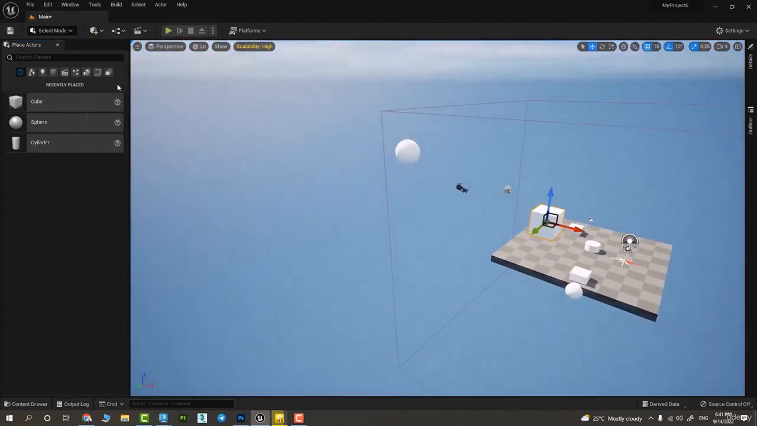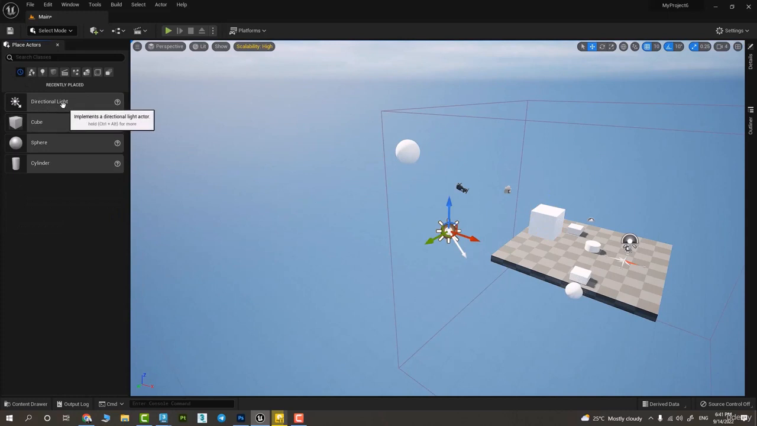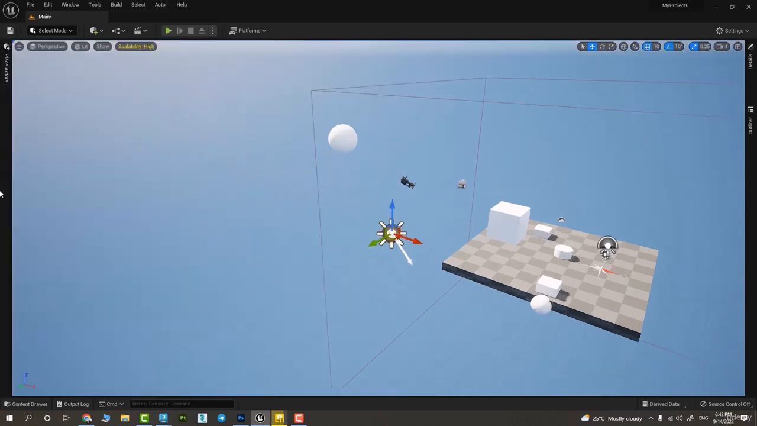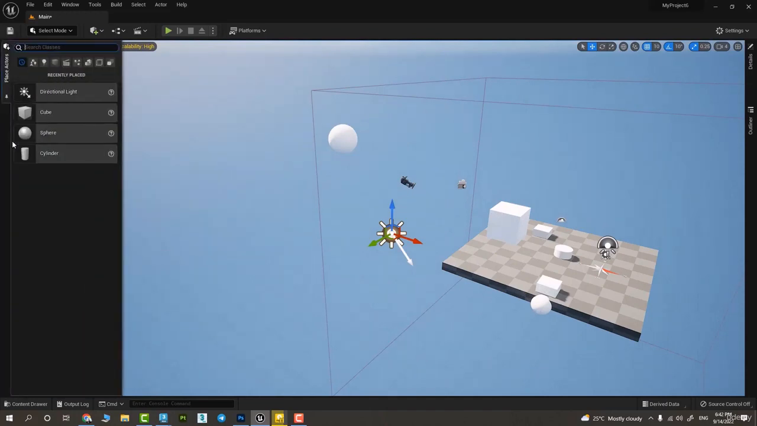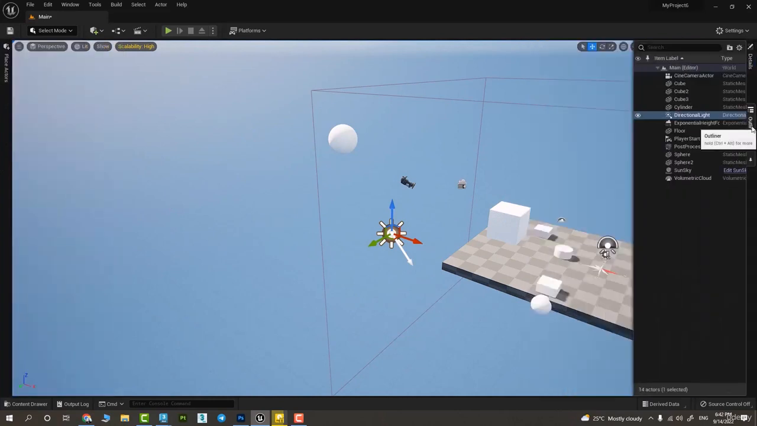All right, now we have this clock looking button called recently placed, and this shows us the list of items that we recently used. For example, if I add a directional light, you can see that it will top our list. Okay, so let me just dock this to the side, to the left side. Okay, I docked the place actors to the left, usually in my workplace, and I have details and outliner docked